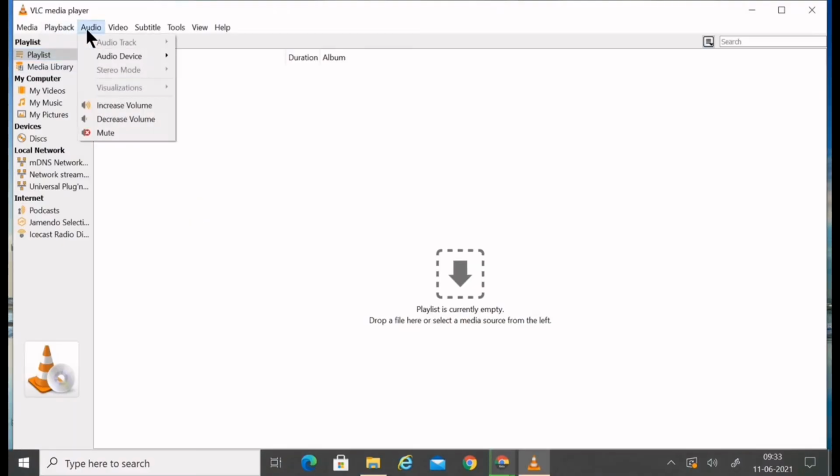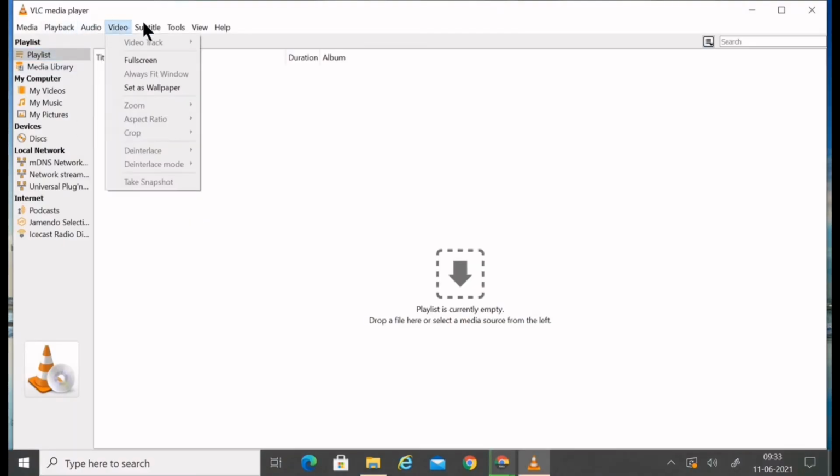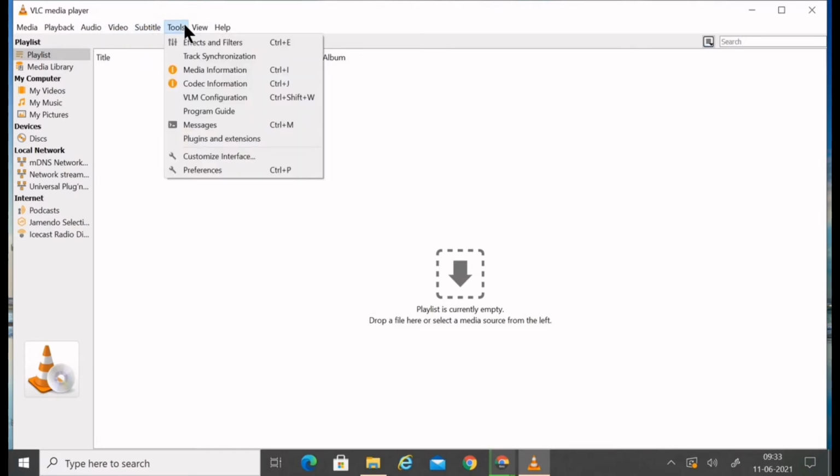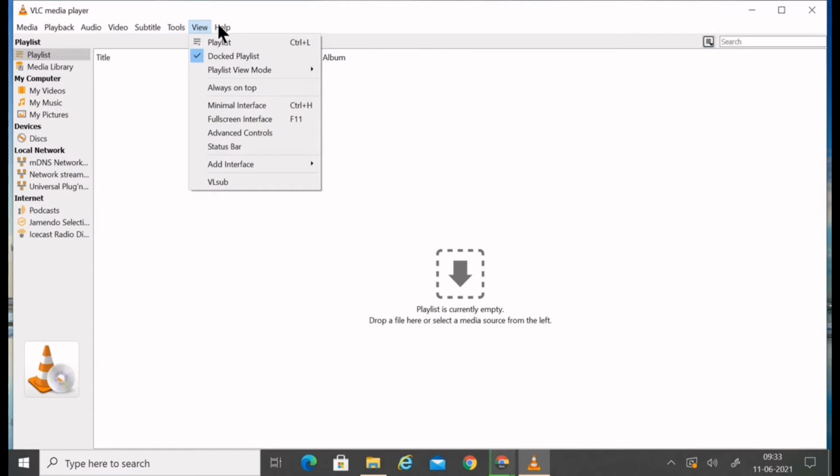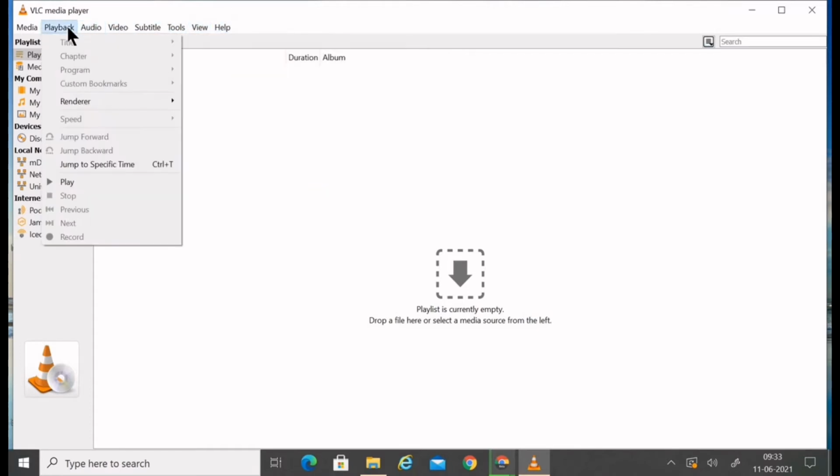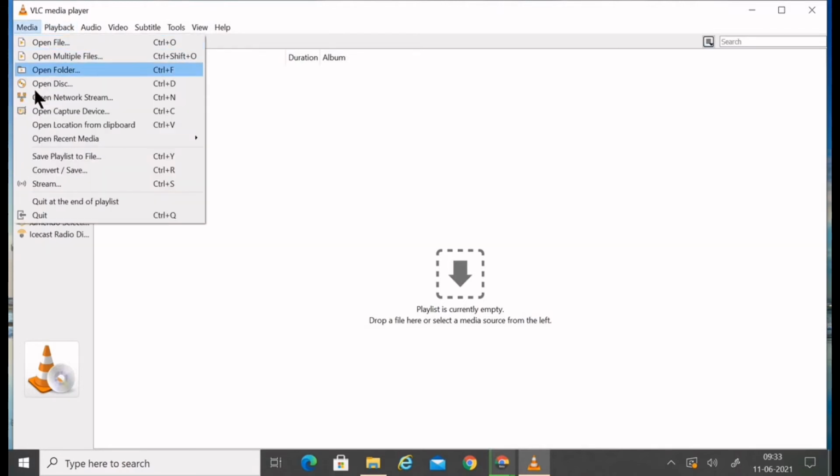It's the best app, best media player I have ever seen. You can do convert, you can watch high quality videos, and there are so many settings in this. We will see that in a separate video. So here why we have used VLC media player is to convert the video into a better quality audio. So that purpose is done. This is the second tool we are talking about.